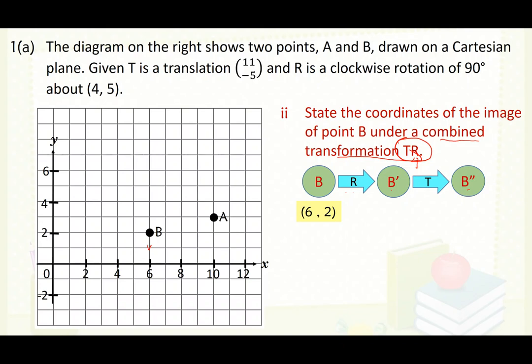Okay, so my coordinate for B is 6 and 2. This is coordinate B, so 6, 2. So go to rotation first. Go to R first. R is clockwise rotation of 90 degrees about 4, 5. So determine the center of the rotation. Draw a line. Okay, just now I used an L-shaped ruler. If you don't have an L-shaped ruler, we can use this method. 如果你没有 L-shaped 的尺，那么我们可以用这个方式。